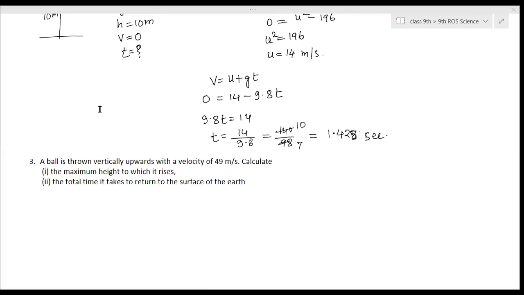But ma'am, for calculating the height, we have to use only 5, right? Yeah. You calculate height first. V square is equal to U square plus 2GH formula. Is the height 122.5 meter? Others got the same? Yes, ma'am. The total time is 10 seconds, right? Yes, 10 seconds, right.